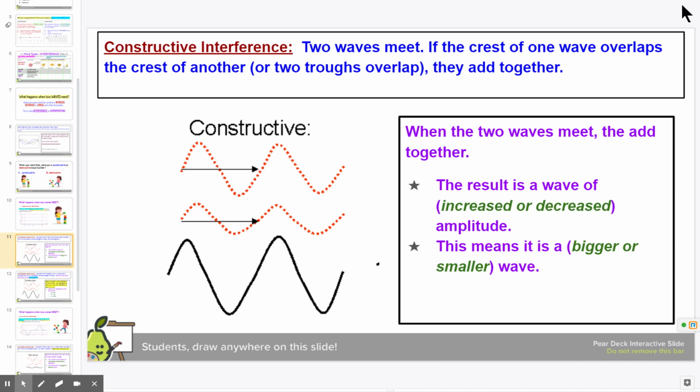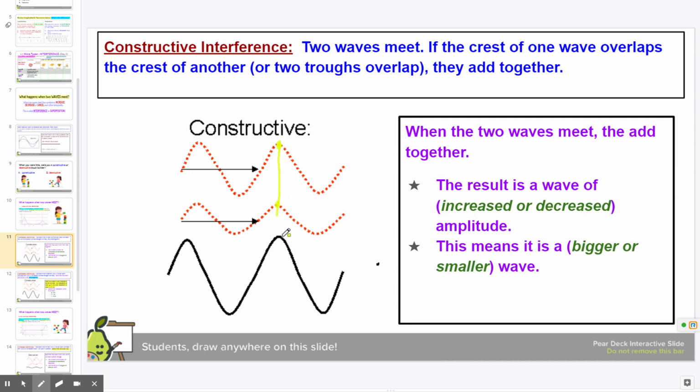So here we have constructive interference. So for example, this is a crest. Remember, a crest is the high point of a wave. It's also called a peak, like peak of the mountain. So if you have crests of one wave overlapping the crest of another wave, when that happens and they meet,